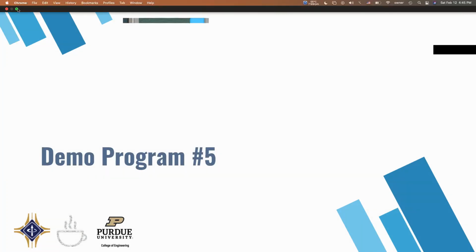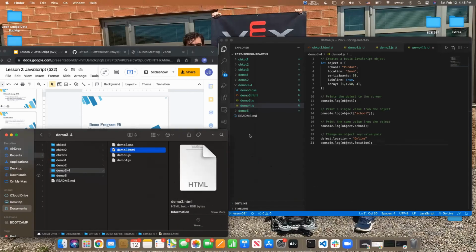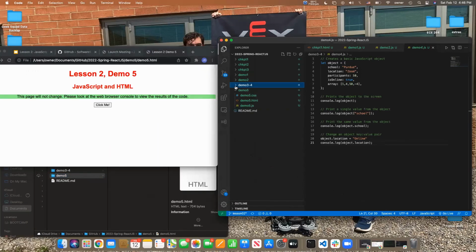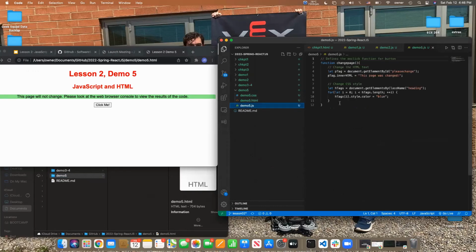Demo program 5, show that off. Okay, this is probably the coolest one we have. It's not super complicated. What's going to happen is, you have this HTML page, and this actually can change. So if you look to the right in our JavaScript, we have a function called changePage, which we've seen before. And this is just let pTag, that's an arbitrary name. When it says .getElementById, what it's going to do is search for the element with the ID that's called pleaseChange. And if you look at this HTML file,